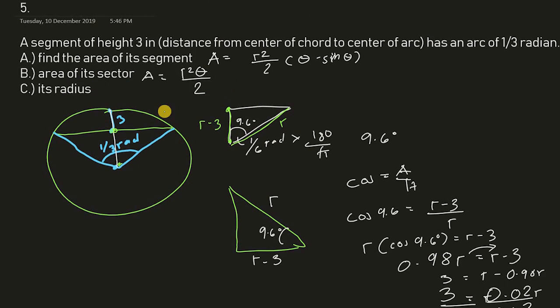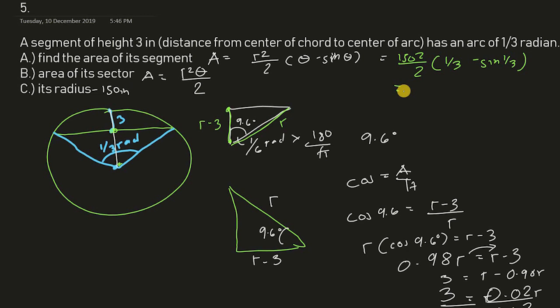Yan. Since I have the value of r, I can now finally find the area of the segment. Again, our radius is 150 inches. So I can now solve the area of this segment using this formula. Basically, it's substitution. r squared, that's 150 squared over 2, times theta. Our theta is in radians, that's 1/3, so 1/3 minus sine of 1/3. To find the value of that, that would be equal to 150